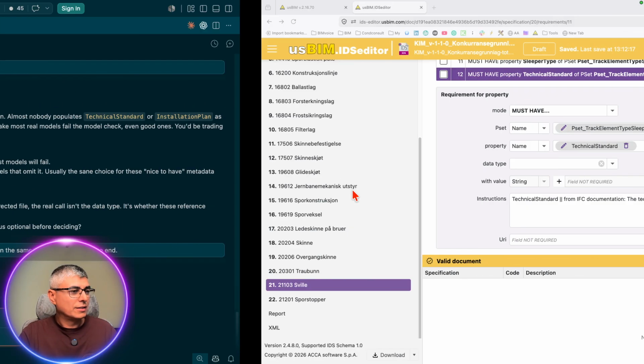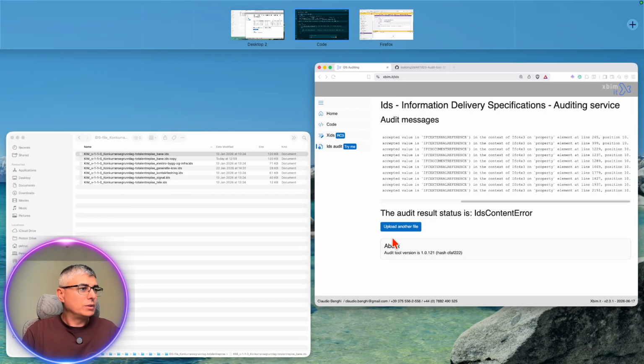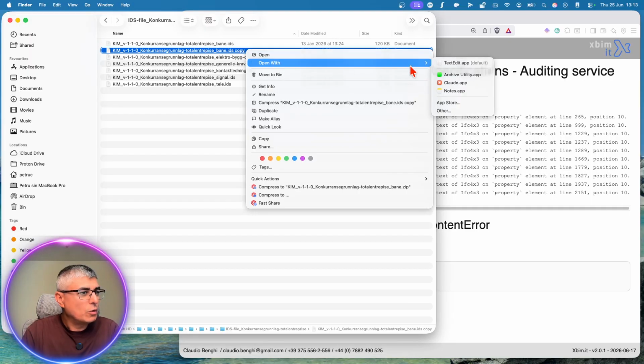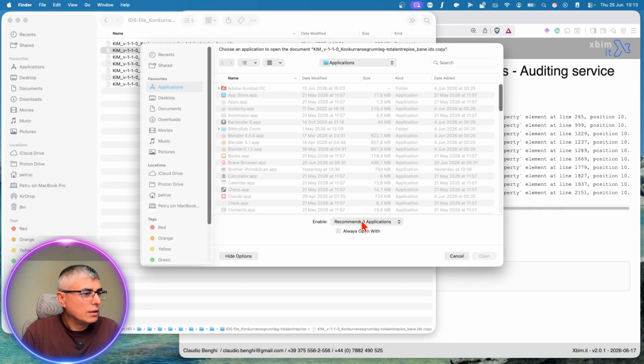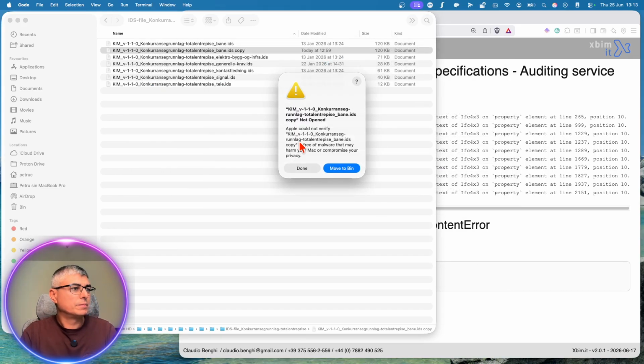Let's see how long it takes. It shouldn't take too long if you ask me, and I will allow that. We can also do it manually. So I made here a copy. So if I open this with Visual Studio Code,